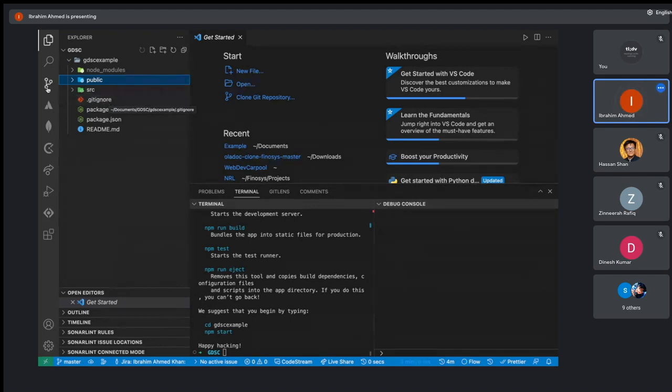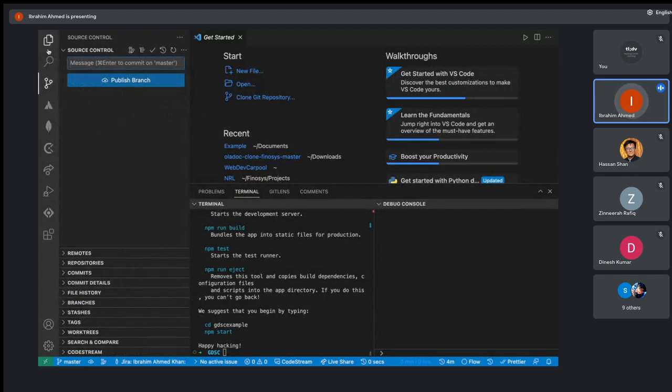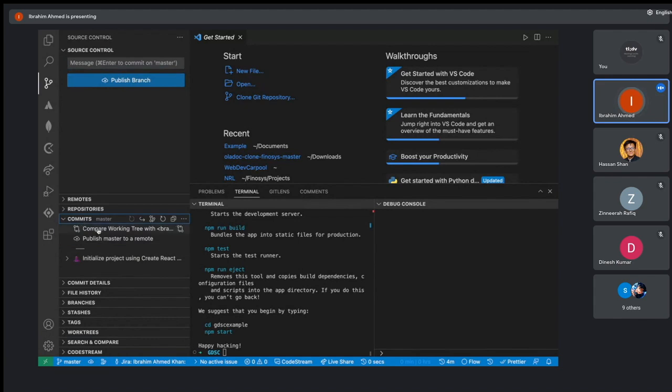That's what Git is for, which is this tab over here. It's going to show you the branch you're on now. It allows you to publish the branch to GitHub, and then you can also see the commits over here. Like over here, you can see the commits. You can add commits. Currently, there are no changes, but once you add the changes, you can add them and